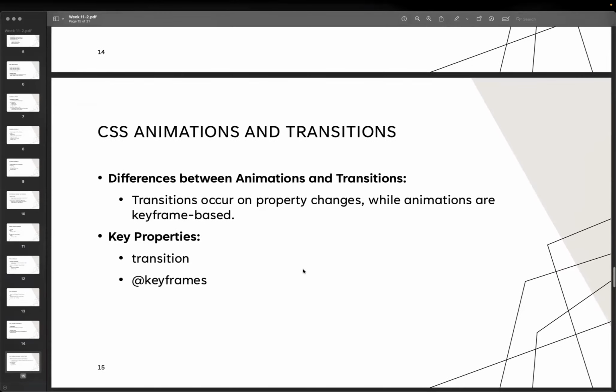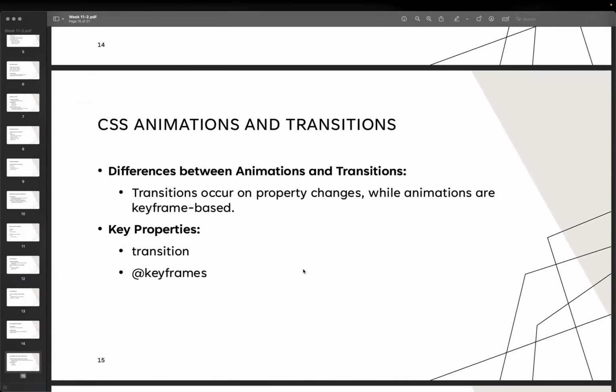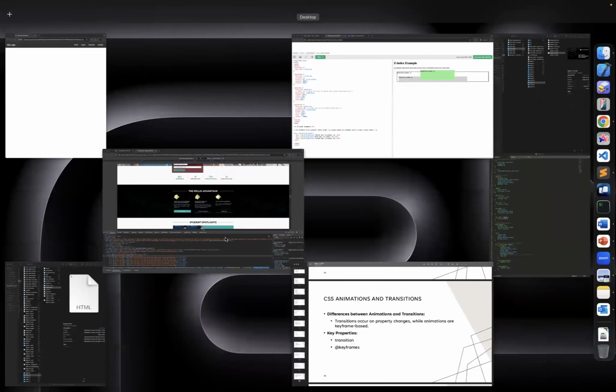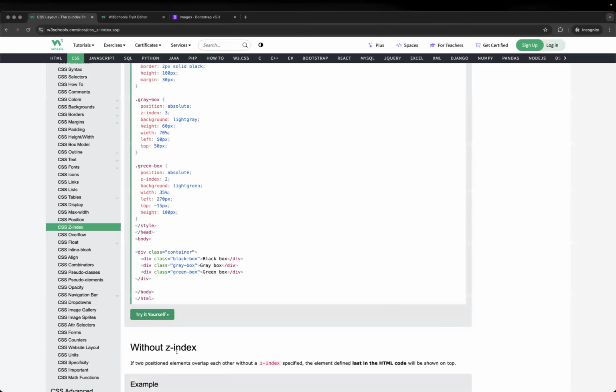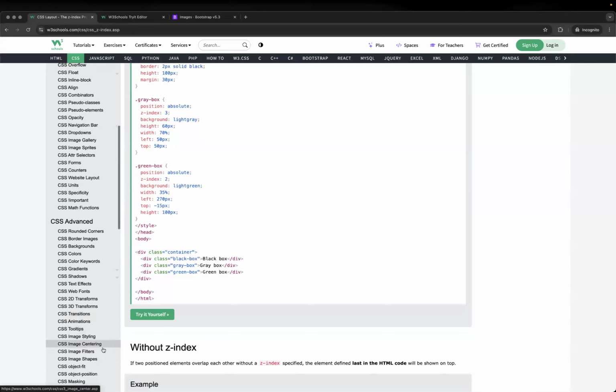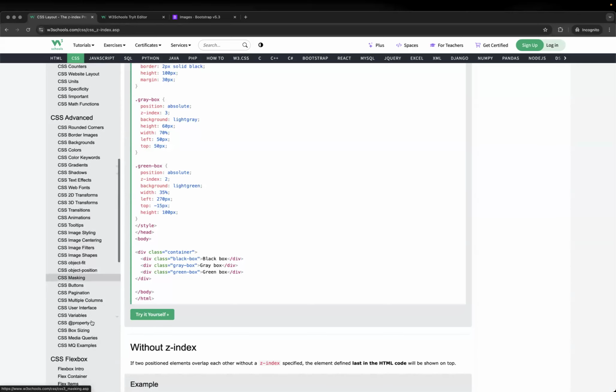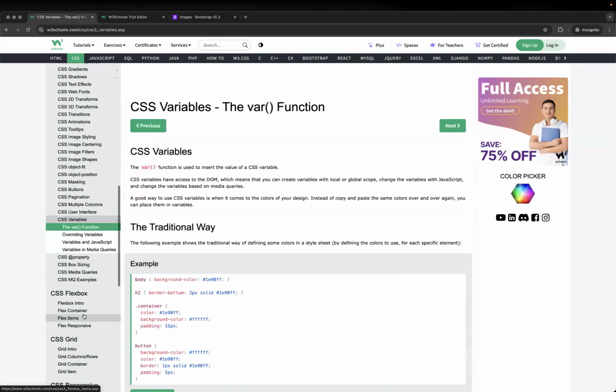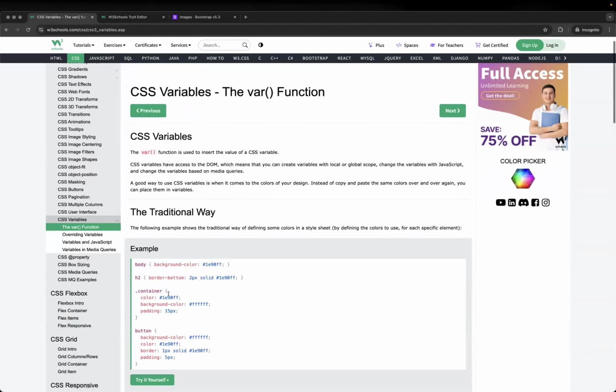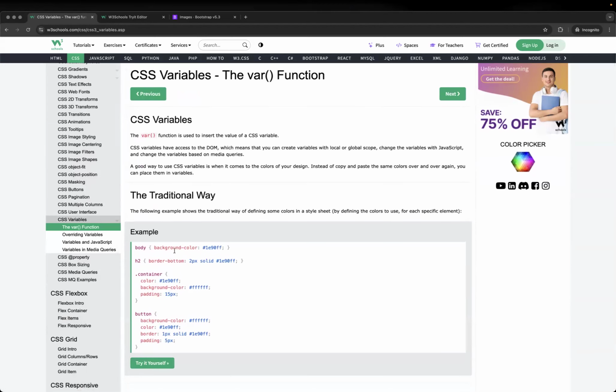And also we have some more, we talk about the animation and transition. Okay, so for animation and transition, a transition will only occur on some property change. For animation, it requires a keyframe base. So we have two things, one is transition and the other is keyframe. For more details, of course, we will refer to the CSS, and just to show you right here we have the variables. Okay, so passing the variables,